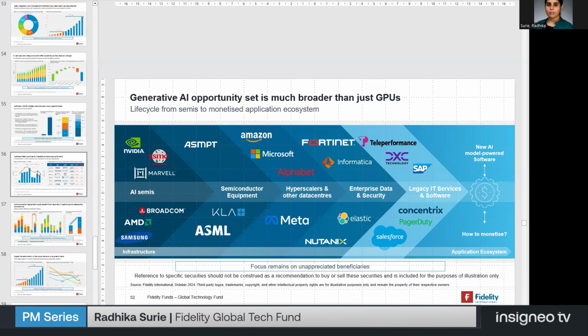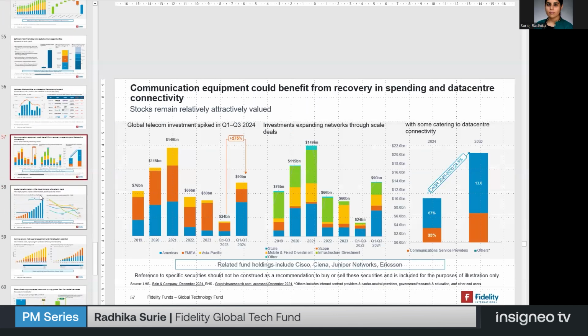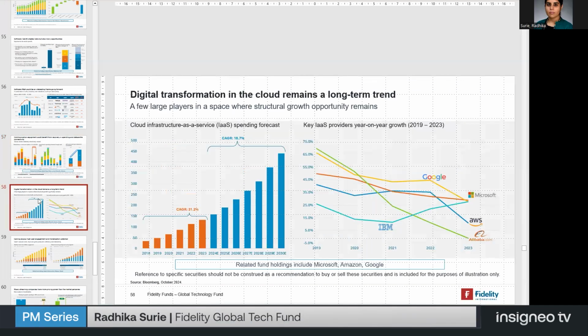We've taken quite a broad based approach to the whole space, and we do think it will broaden out even further. We have a number of communication equipment businesses where the thesis over there is that the industry structure has improved. The kind of utilization is also going up because as you think about connectivity of data centers and the need for effectiveness and interconnectivity going up, that comes through.